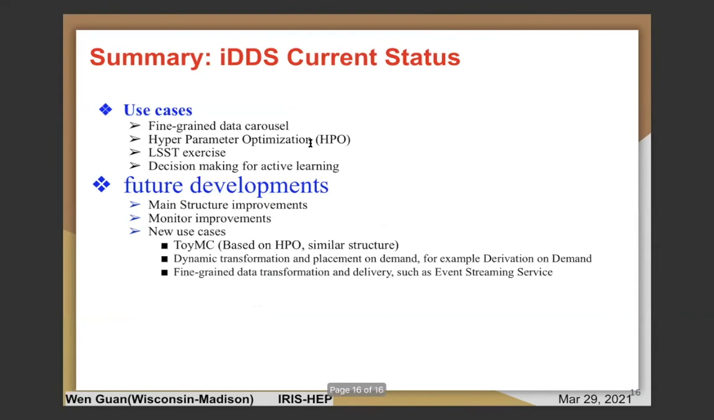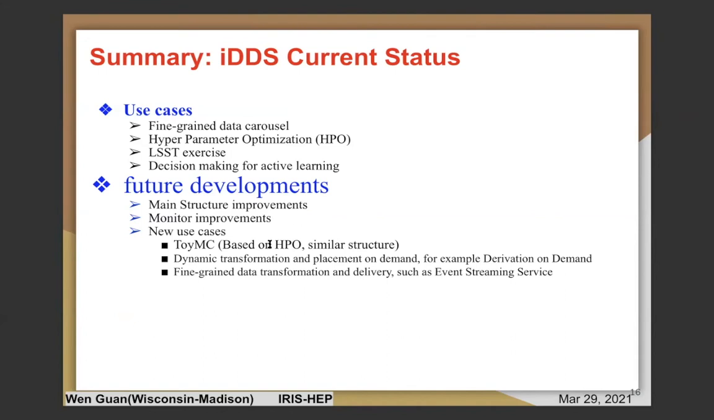For iDDS, we are already able to support the fine-grained data carousel use case, HPO using the IRIS-HEP exercise, and active learning. For the future, we will also work to improve the main structure, and we want to work within the recent plan. We want to improve the monitor, and